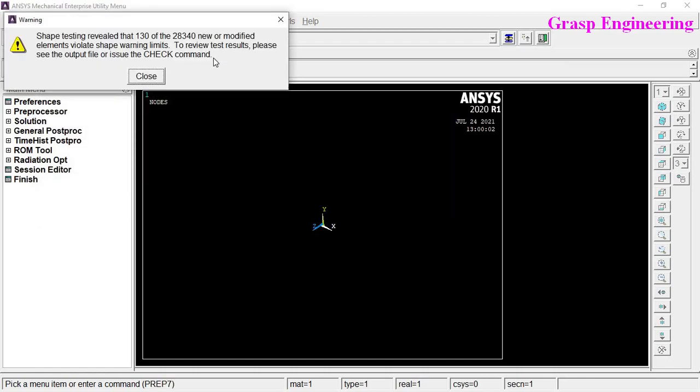and if there is any error, you will find it over here while reading the file. So don't bother about the warnings.